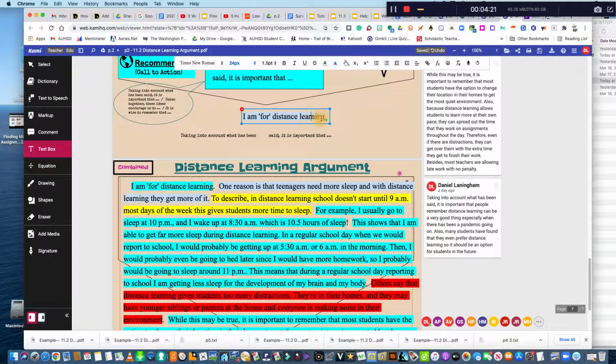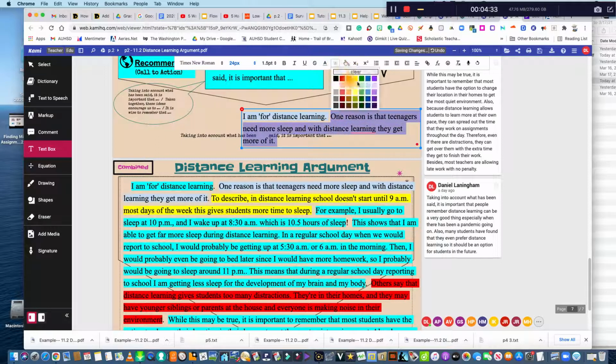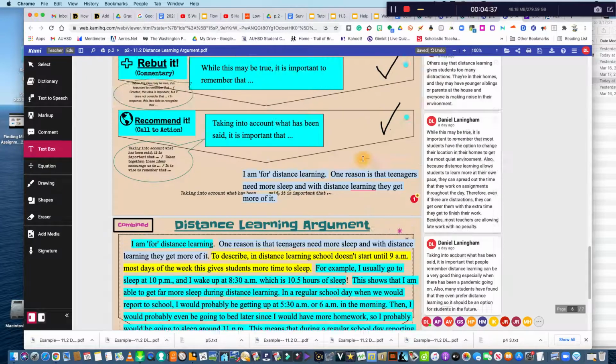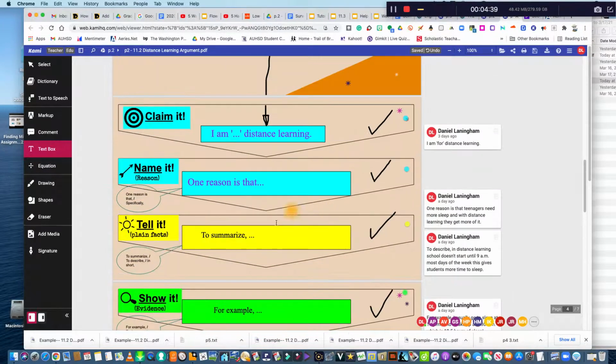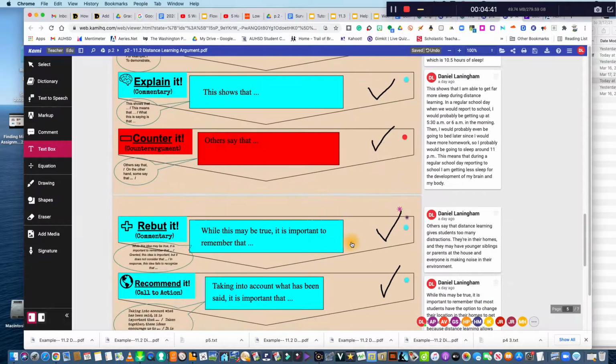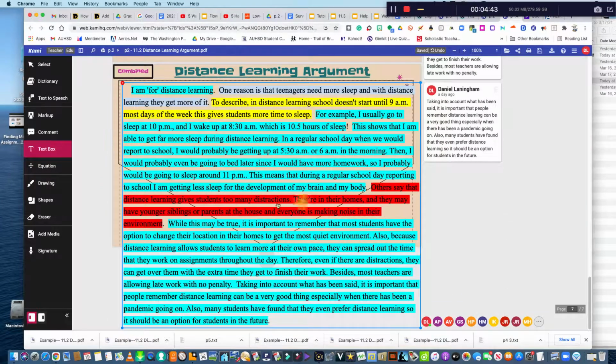So I'm going to click in here. I'm going to make sure I have that space. I'm going to make sure it goes clear. Then I'm going to put my next sentence. Now, it didn't get copied the way I wanted, so I'm going to make sure it is blue. Okay? So now there's my next one. And then I'm going to be going to yellow. So I'm going to copy and paste my whole paragraph just like this.